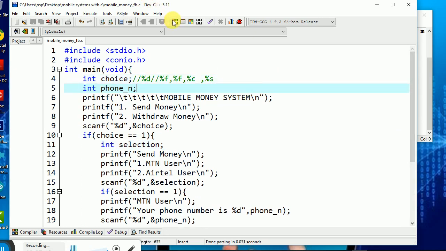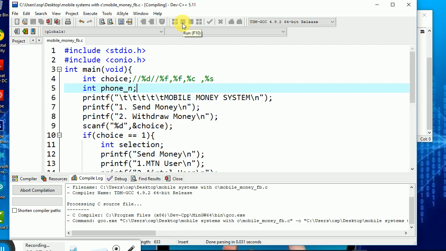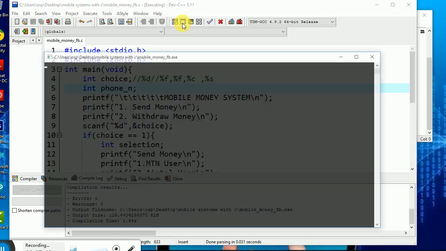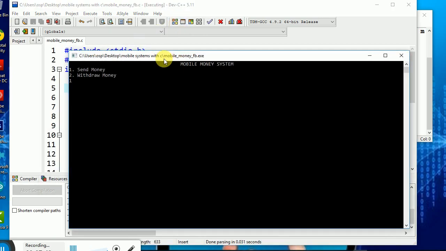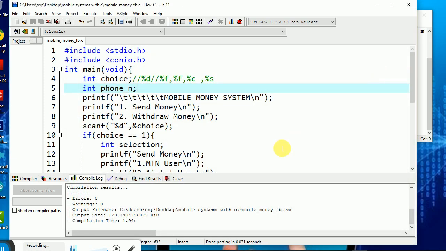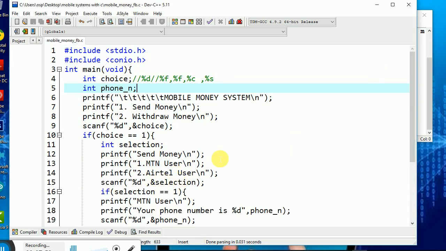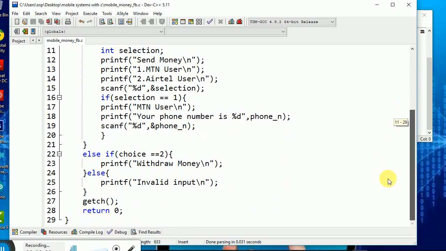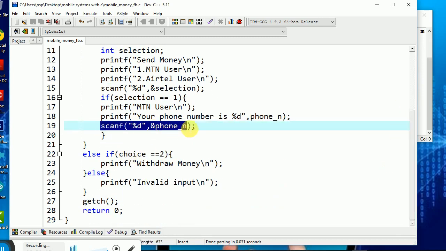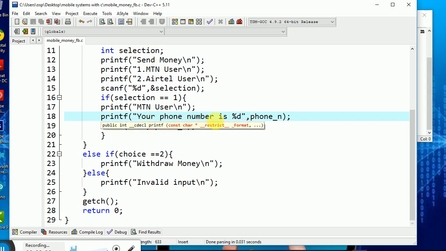Let me try to check again and see whether it does the same thing. Just try it again and say 1, enter phone number, enter your phone number. So I think you can see where I said enter your phone number. So MTN user, enter your phone number.